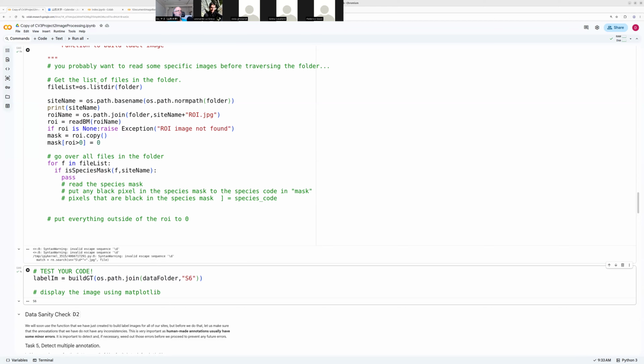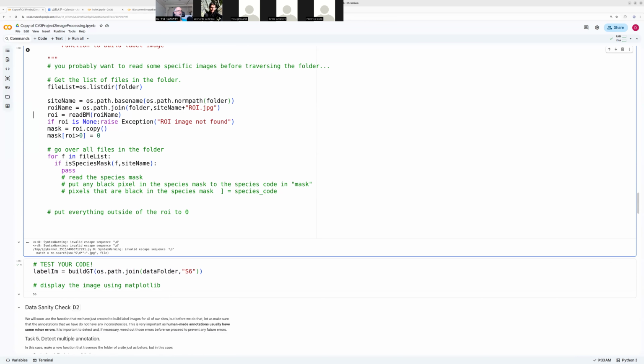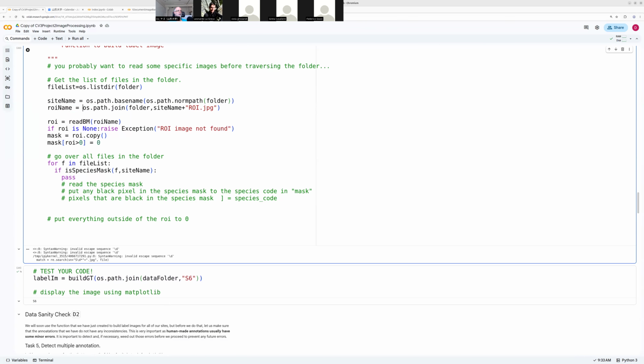Okay, we already have all of that. The ROI name is, as you can guess, the site name plus ROI.jpg, as I saw before. Here we find this